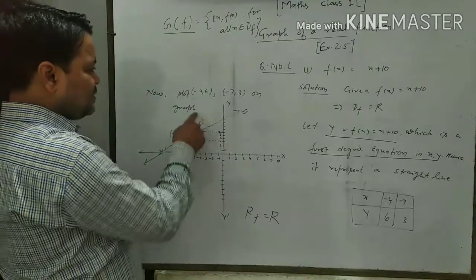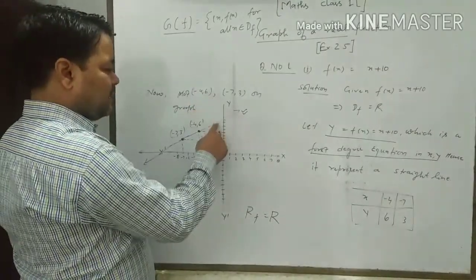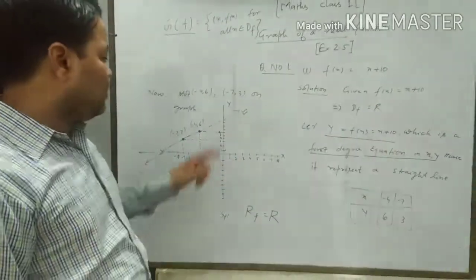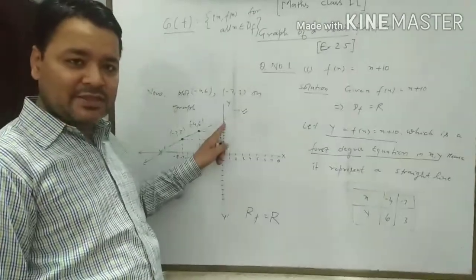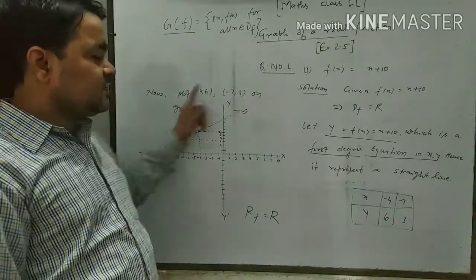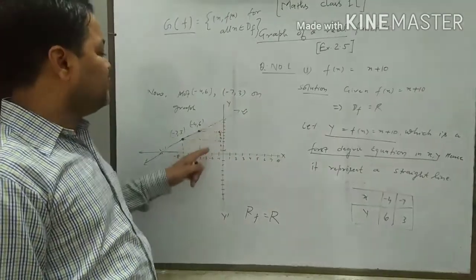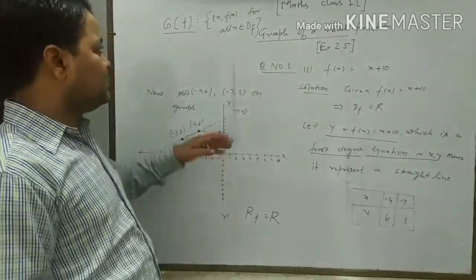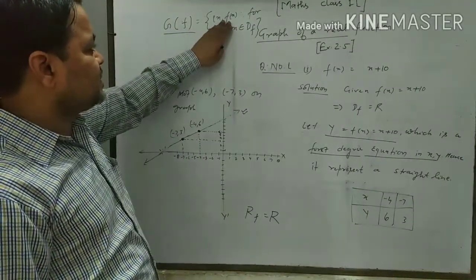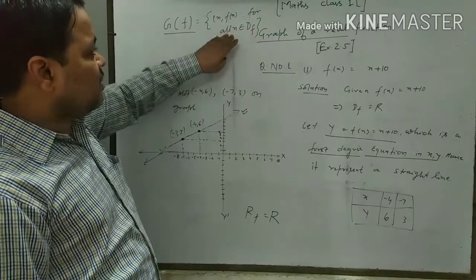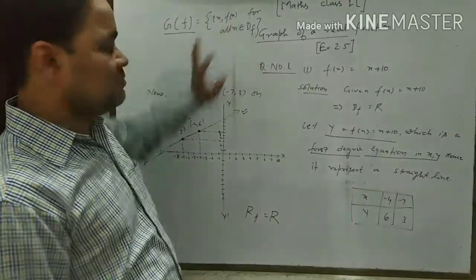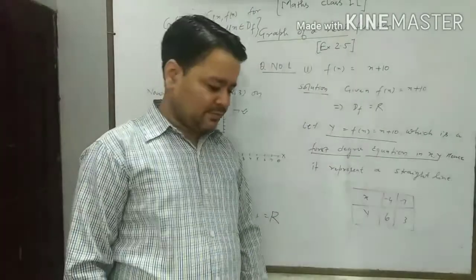Collection of the point x means this, f(x) means this. Here each point represents a unique value of x and f(x). Here, if we take this straight line, then each point of the straight line represents a unique value of x and its corresponding f(x). So the graph of the function is the collection of all the points (x, f(x)) such that for all x belonging to the domain of the function, meaning for each x we have a unique f(x).